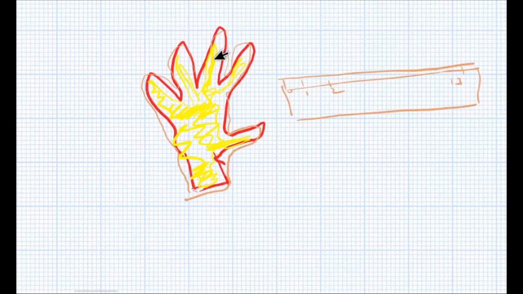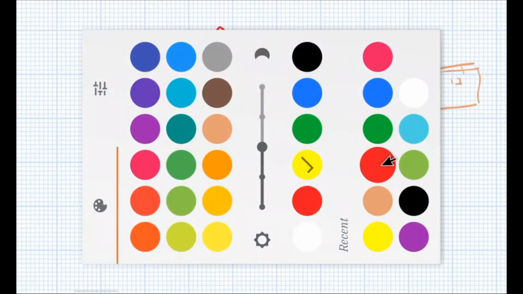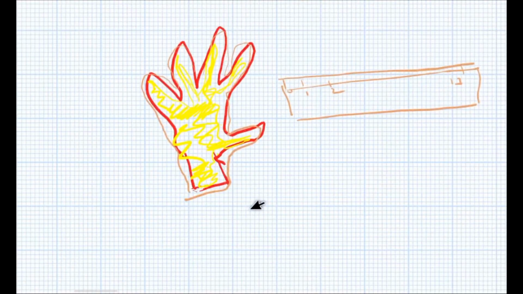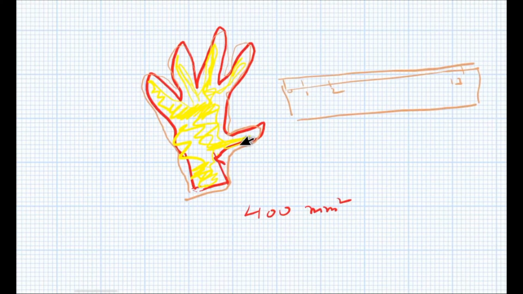So this way, if you are counting here, your area is near about 400 mm square. If there is a half area, you can count it 1. If more than half, you can count it 1. If less than half, you can leave it. Okay, this way in the beginning you can find the area.